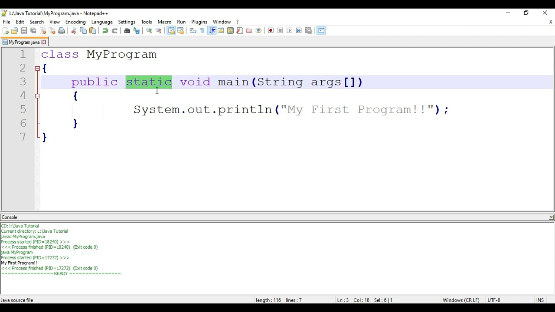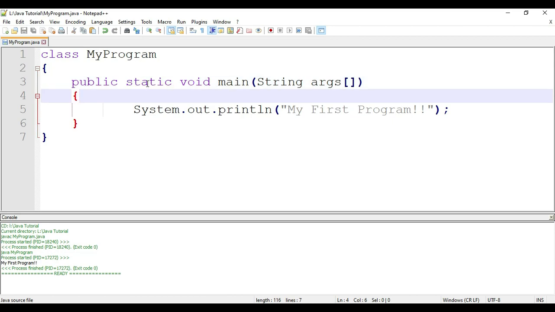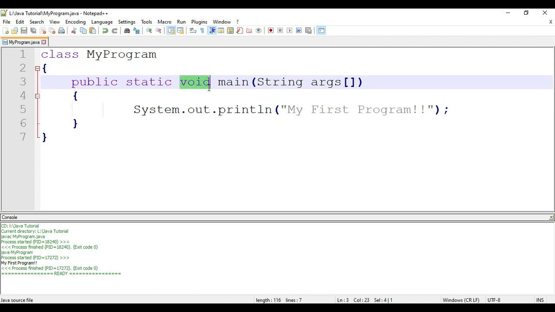So static is going to call this main method without using an object, and since the method is static, the main method gets called automatically when you run your program. And void is the return type, as the main method does not return anything, so we have to write void. Now the point to remember is that you can't write main in capital, or change this, because this is a built-in syntax which we have to follow to enter my program.